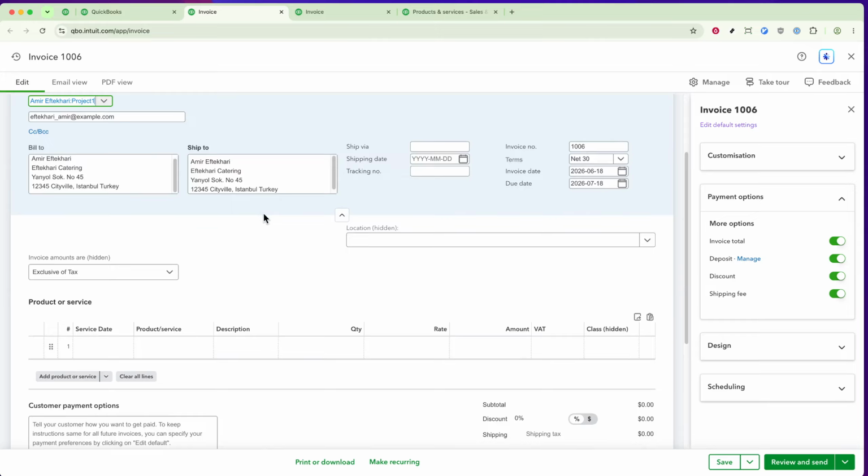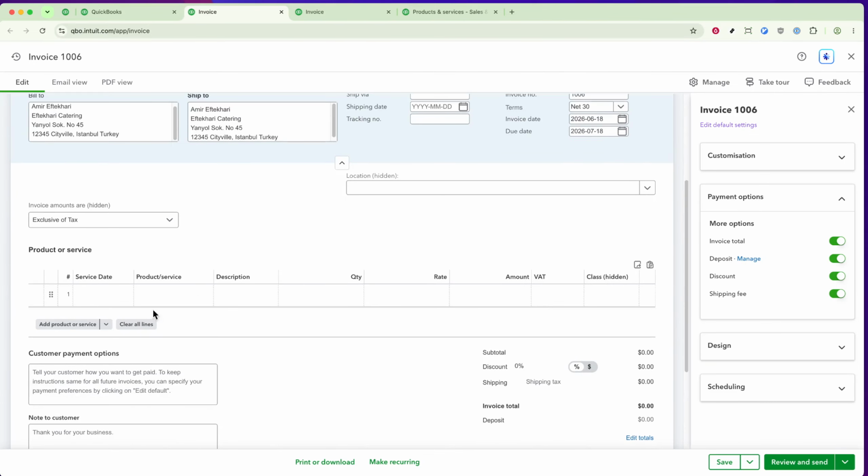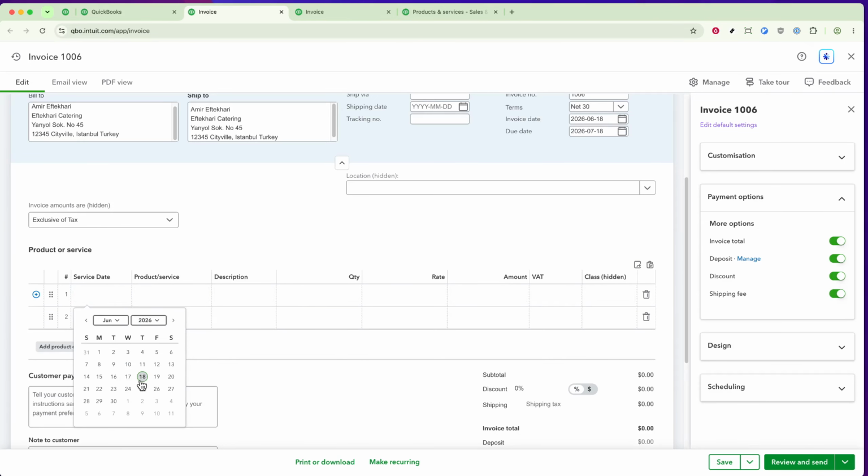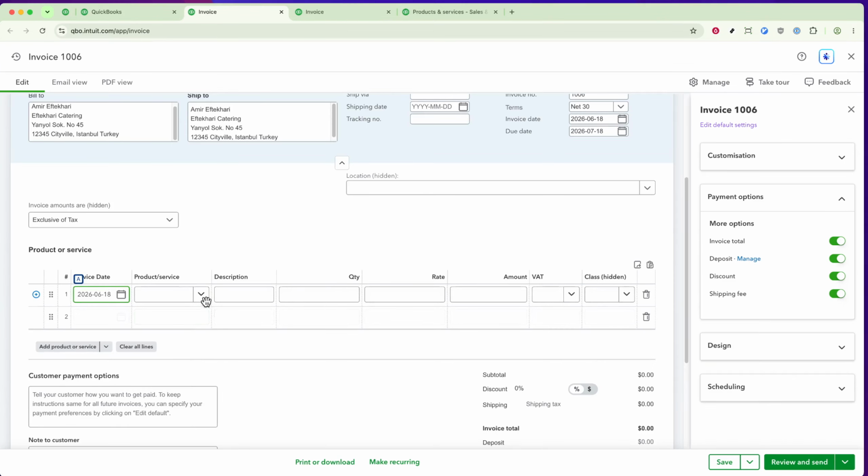This is where you'll decide how much of the total to bill at this stage. Choose the percentage you want to bill for each line item. For example, you might invoice for 25%, 50%, or even a custom percentage depending on how much work has been completed. To make things even clearer for your client, use the description fields to specify what this portion of the